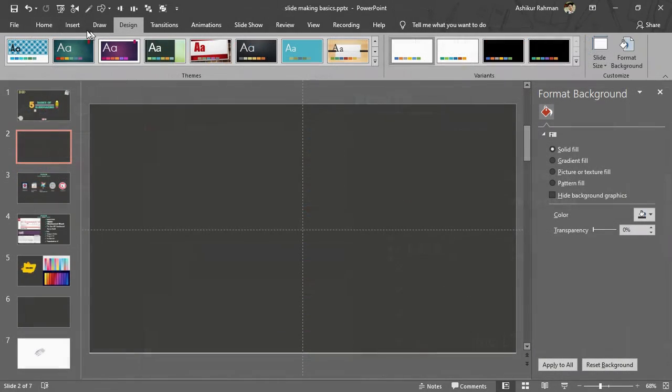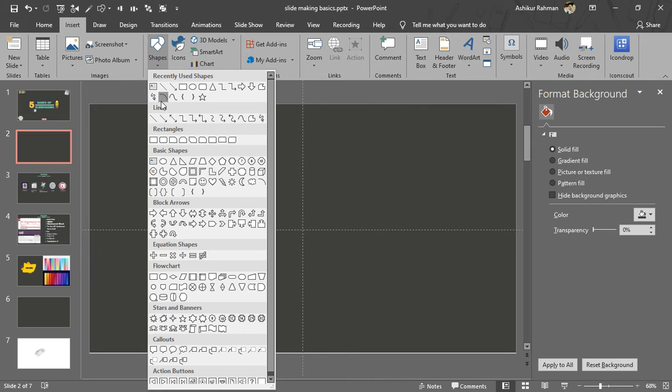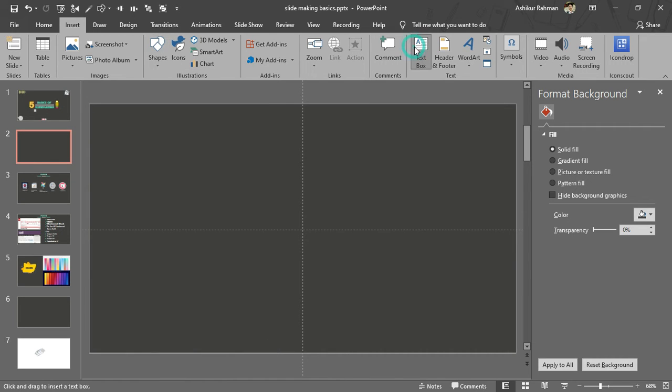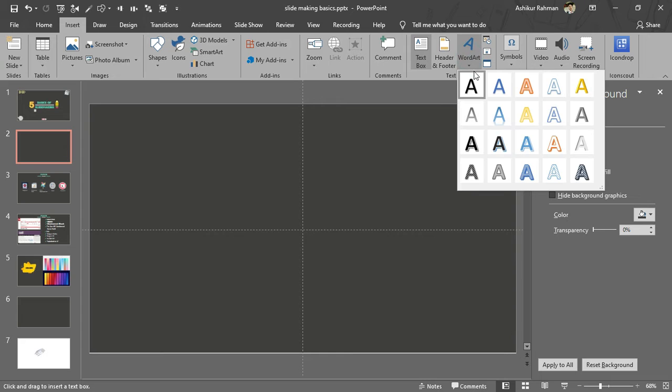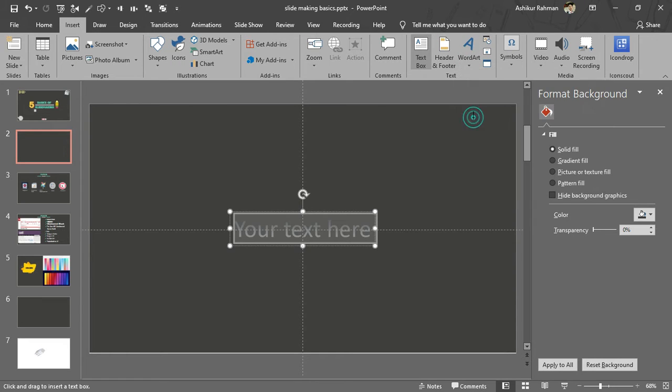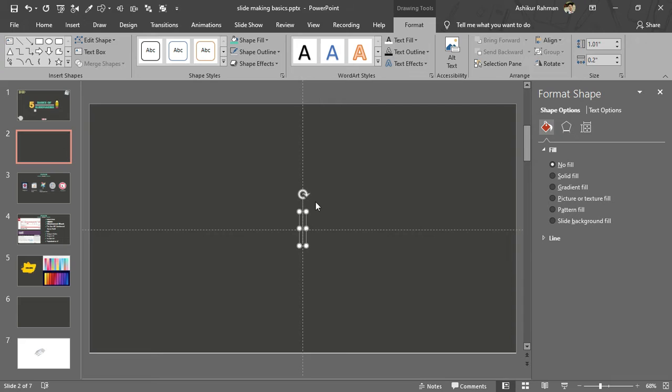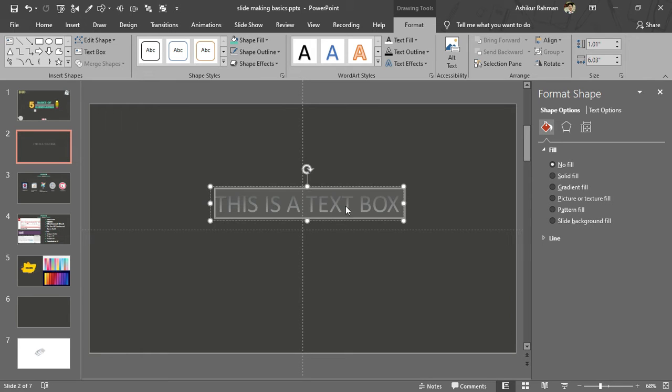So in that video I have explained how to install the fonts into your PowerPoint presentation file. So let's apply this. Go to shape, or you can have the text box, or let's say Word. I'm choosing this. So this is the text box. You can select this text box, Ctrl A to select all.